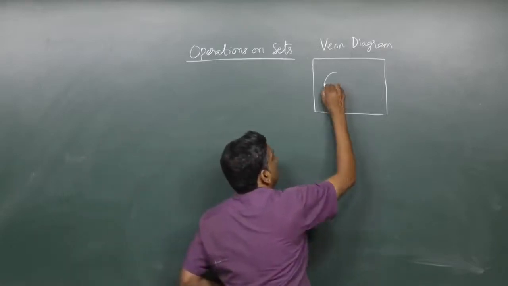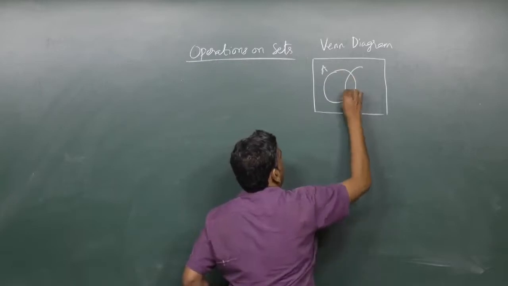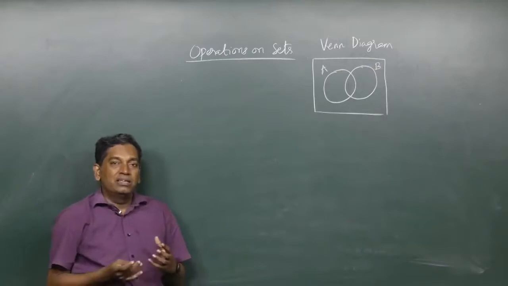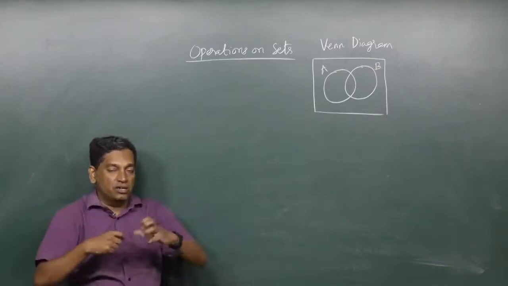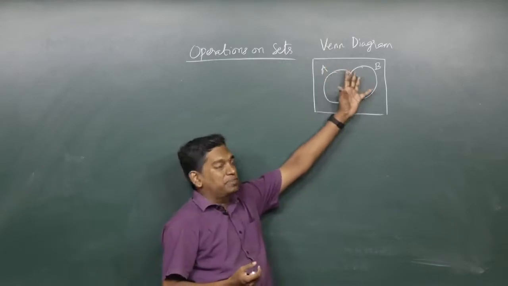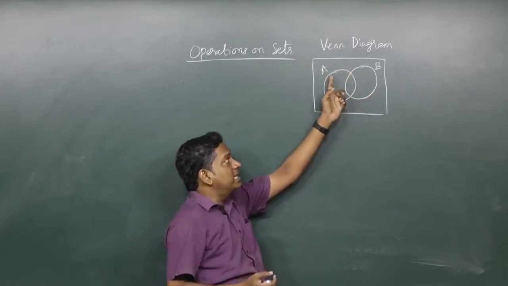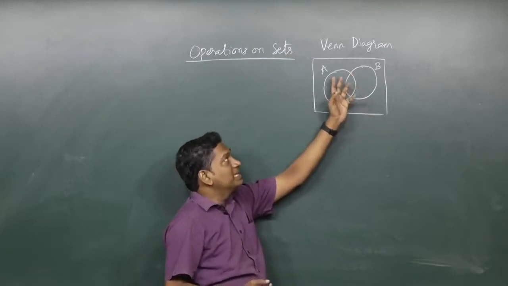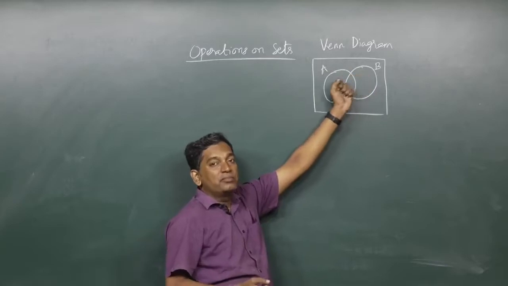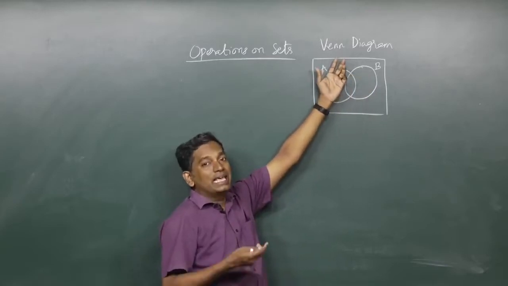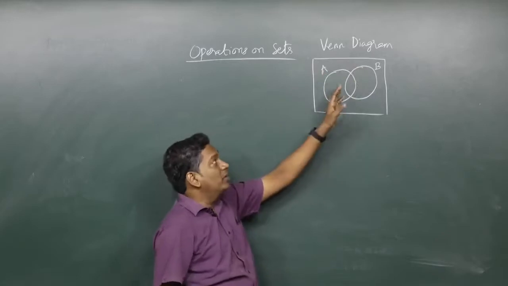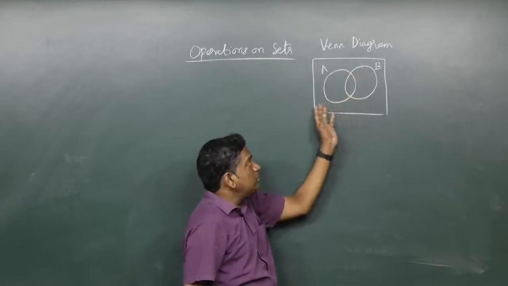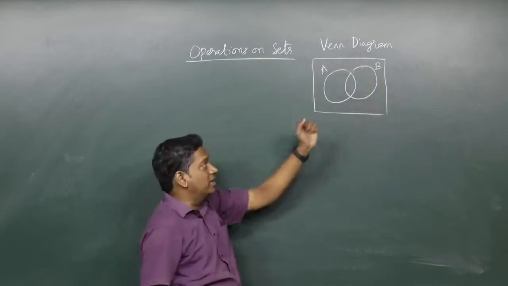For example, let's say you have a set A and a set B. Okay, we represent them using circles. It doesn't mean that the set itself is in the shape of a circle or anything. This is just a symbolic representation. The idea that this circle and this circle may have some common region means that set A and set B could have some common elements, which we called as A intersection B. Okay, now in the Venn diagram notation, this is set A, this is set B, but what is outside? This is the new idea here.